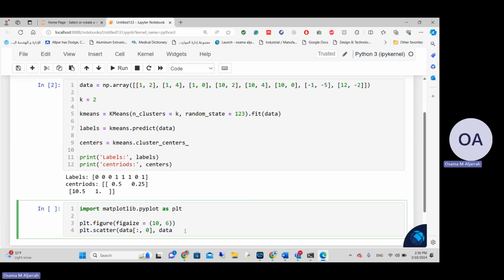And now this is also another square bracket. Then we have 1 over here. Then we will color it, so c equals labels. Now cmap equals